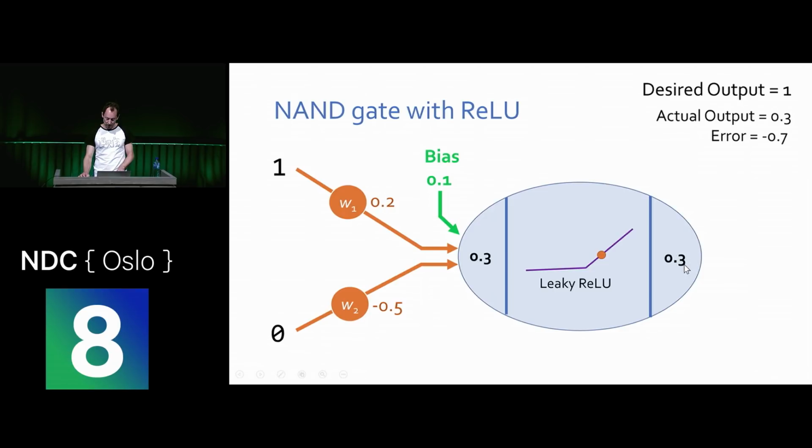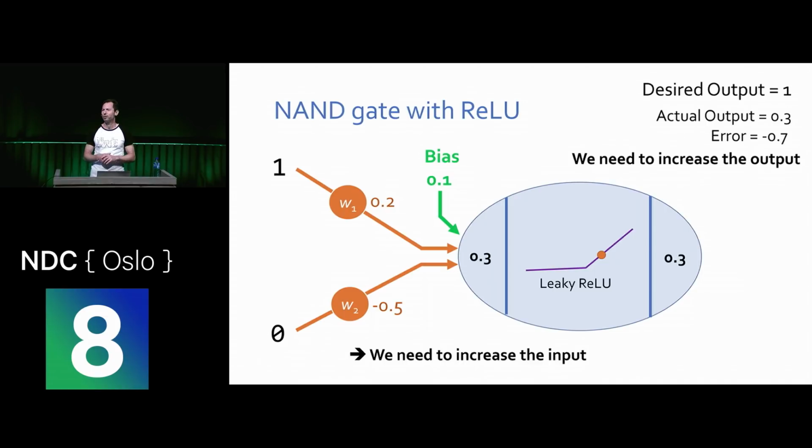So we start with this and we say, well, the error is negative. That means we need to increase this slightly. So it'd be good if we could make this 0.301. We can't control this, but we can work backwards. So we can say, what do we need to do to this combined input over here? And because we're on the positive side of the ReLU, when the x equals y, it's exactly the same thing. So if we increase the output, that means we also need to increase the input. If we're on the leaky side of the ReLU, right, then we will be dividing by 100, right? So it would be a bit different. So we need to increase the output.